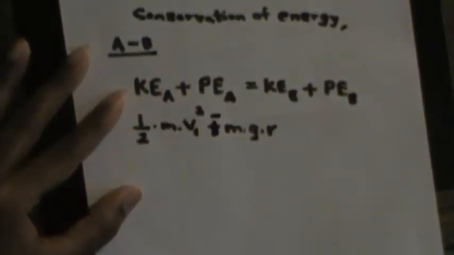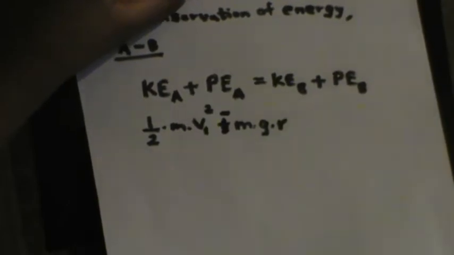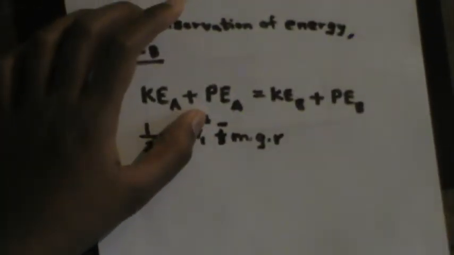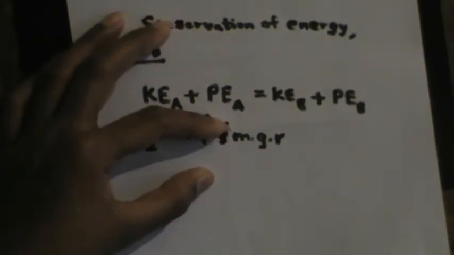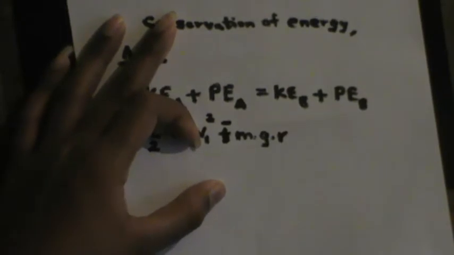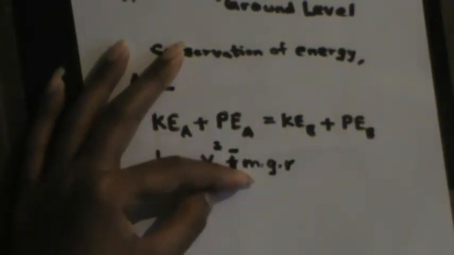Minus mgr, because we know from the theory of gravitational potential energy that the potential energy is always negative, because the work is done by the external field, the gravitational field of the Earth, not by the object. So the potential energy, as I mentioned in one of the last videos, I can't exactly remember which, I told you why this happens.